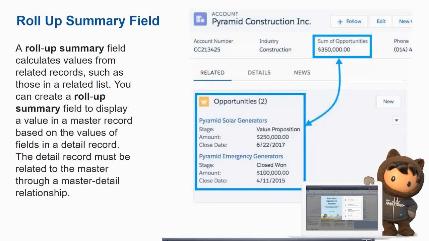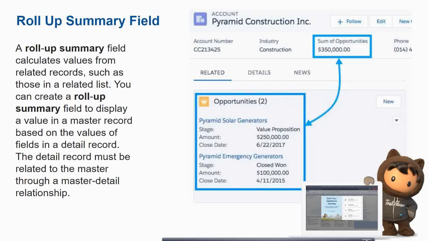Now let's look into roll up summary fields. What is a roll up summary field? In a master detail relationship, let's say you want to display a particular value in the master record based on the sum of the details which are there. Or you want to find the maximum of all the details and display that maximum value in the master record.